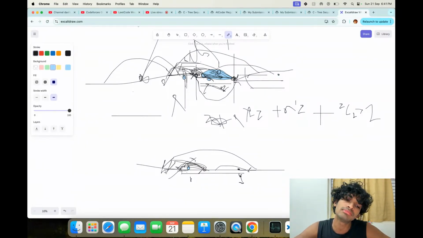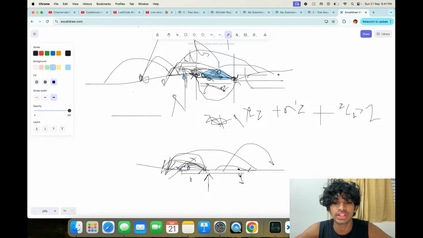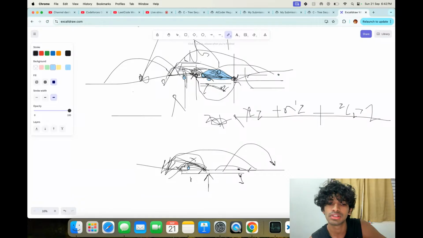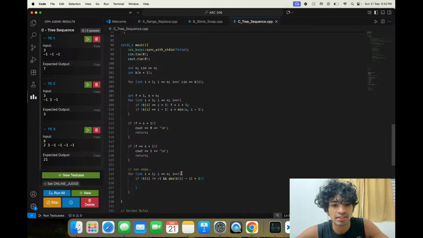So it should either go from this side to here, or this side to here, or entirely within. Only those things are allowed. Right. Those are the three things we have here. This side to here, or this side to here, or entirely within. Okay. So let me look at that even more clearly.